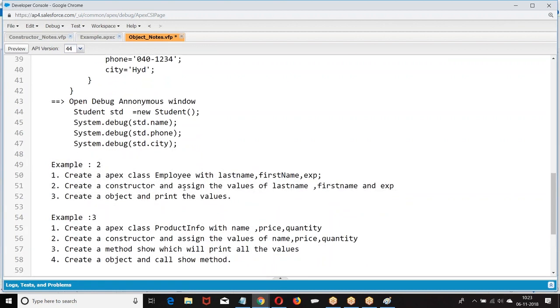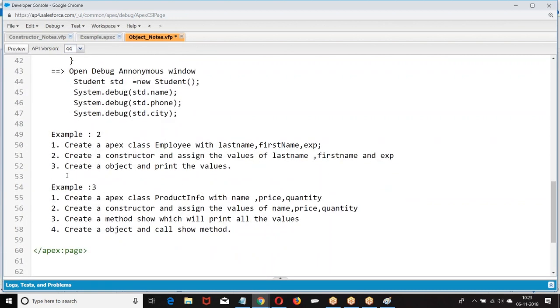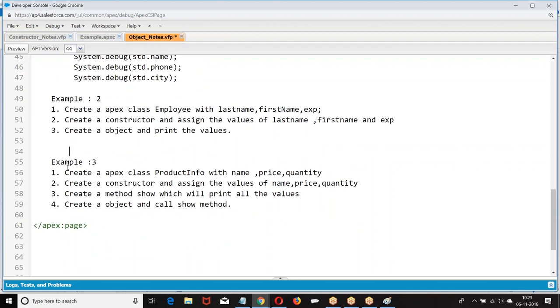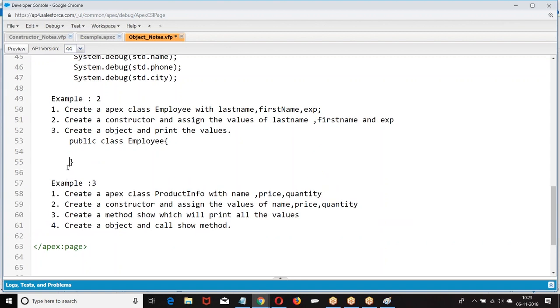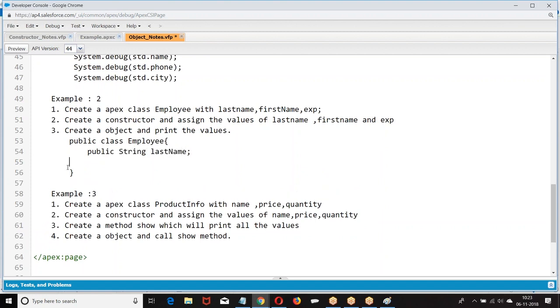Similarly, we go with the next one. What is the next one? Create an Employee class, public class Employee. Now we are going with last name, first name, public last name.